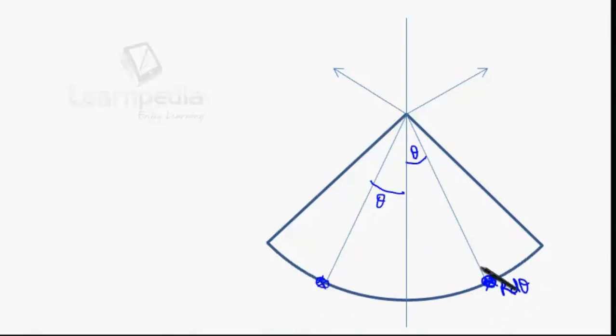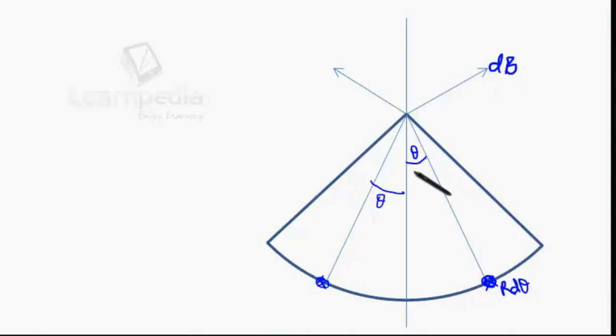Now at this point, due to this current carrying wire, the magnetic field will be in this direction. If we use the right hand rule, since the current is going inward, we direct our right hand thumb in the direction of current, that means inward. Then curling the fingers tells us the direction of the magnetic field, which will be perpendicular to the line joining this point to this wire. So here it will be the magnetic field, say dB.